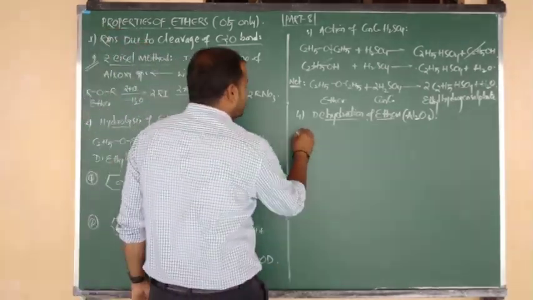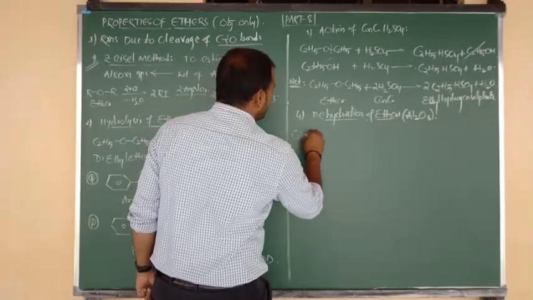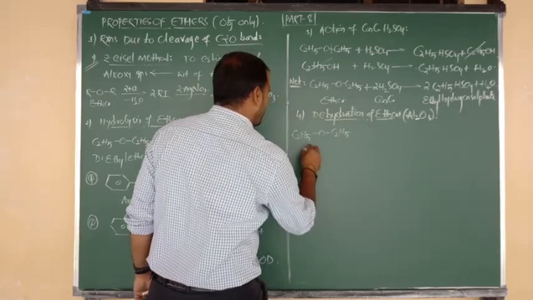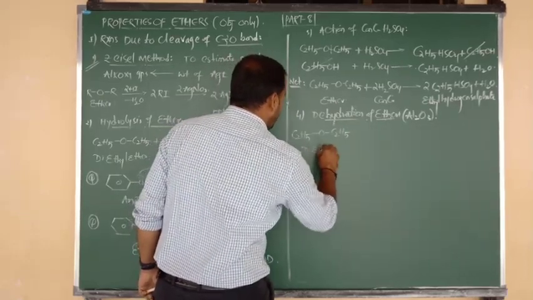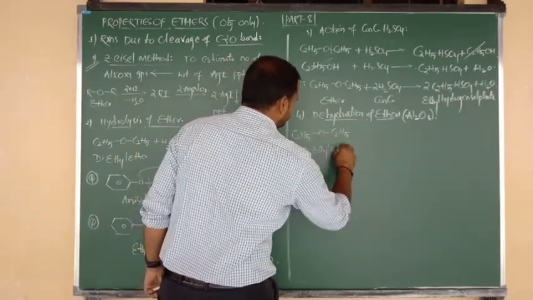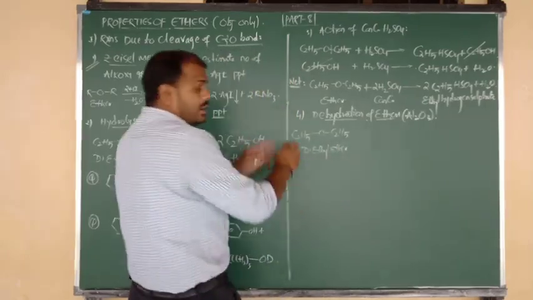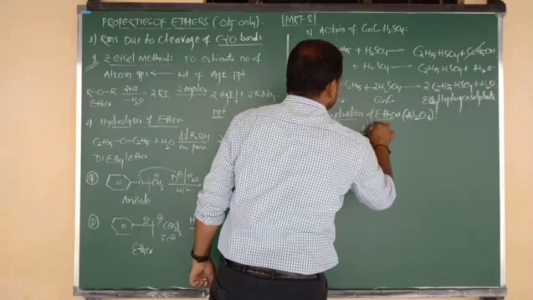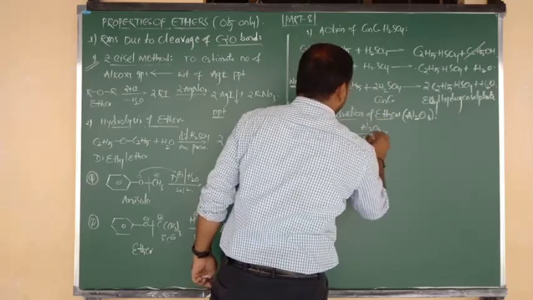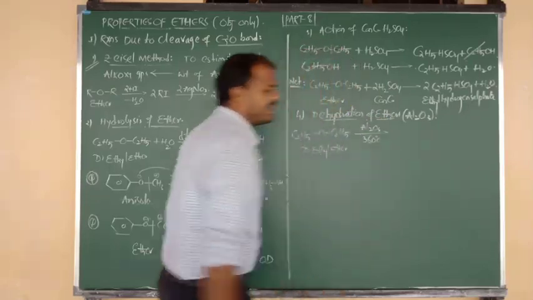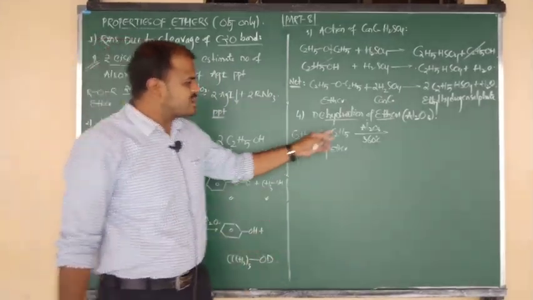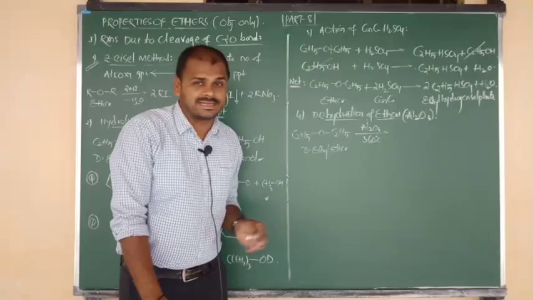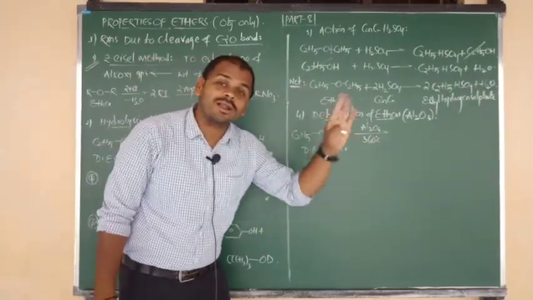Okay, ether formula, same thing. Best example, C2H5 bonded to O, again O bonded to C2H5. So what is the name of this ether? Diethyl ether. It is passed over the surface of alumina at a suitable temperature, 360 degrees Celsius. Ethers passed over alumina and followed by heating at 360 degrees Celsius are going to lose the water molecule.